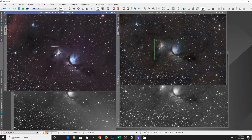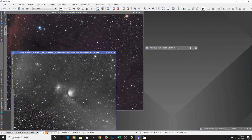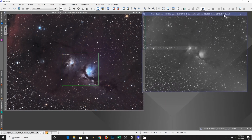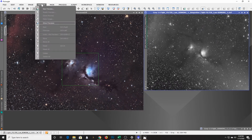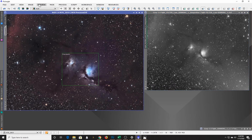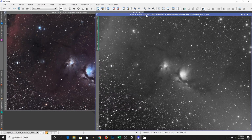So looking back at this, let me blow the actual image up here and get rid of these other guys. On this image right here, I can tell you there's a lot that I can do better. First of all, I hope it's hard to tell in this final image, but look at this one over here. You see this bright, what you would normally think of as a gradient here? When I really get in and inspect that,